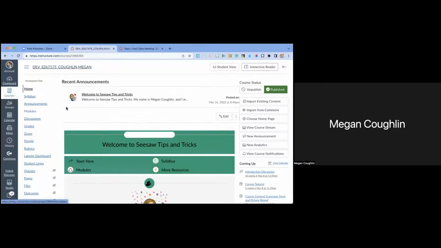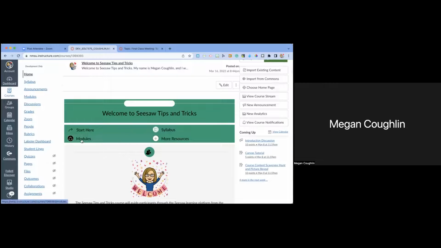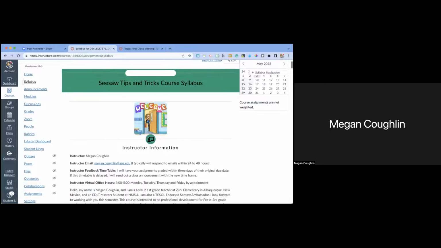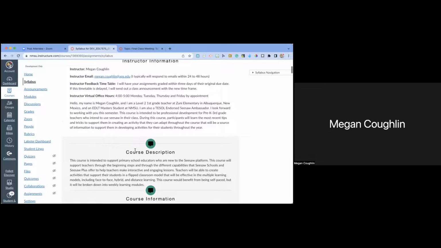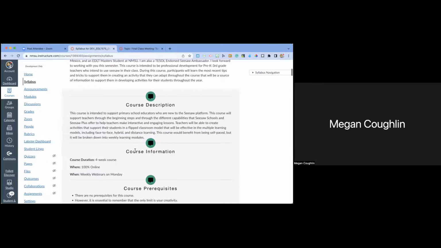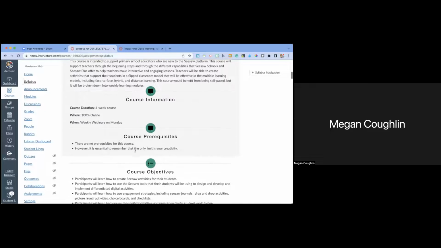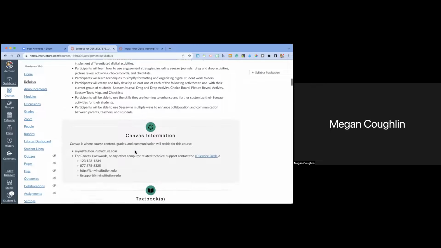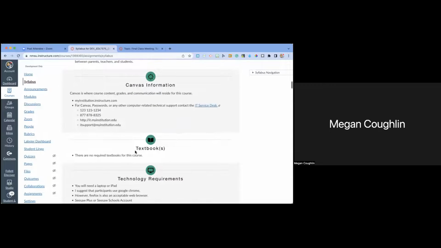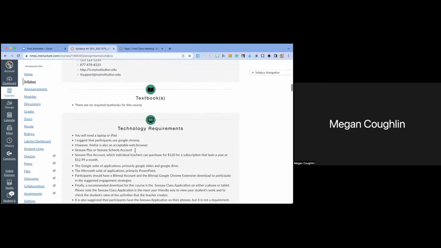So again, we're here. Now we're going to go ahead and go to my syllabus. I use a lot of Bitmojis. So I have a welcome. I have my instructor information, my course description, my course information and prerequisites. Again, the course objectives and Canvas. I won't bore you through all of this.